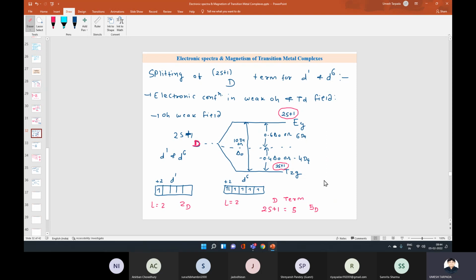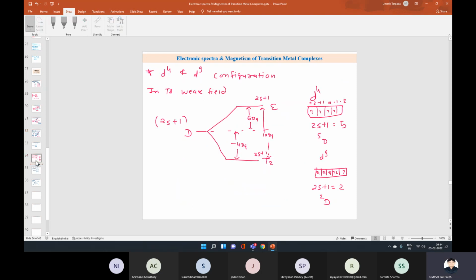D4 और D9 अगेन सिमिलर वे का केस है, बट D1 और D6 केस की कंपैरिजन आप 4 और 9 के साथ करोगे, तो 4 और 9 में जो एनर्जी ऑर्डर है वो ऑर्बिटल स्प्लिटिंग में रिवर्स होता है। और उसके लिए भी नंबर ऑफ फैक्टर्स हैं, वे रोल प्ले कर रहे हैं।